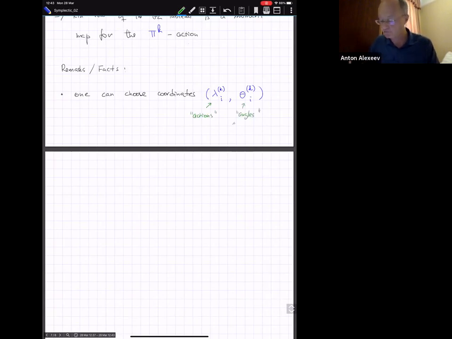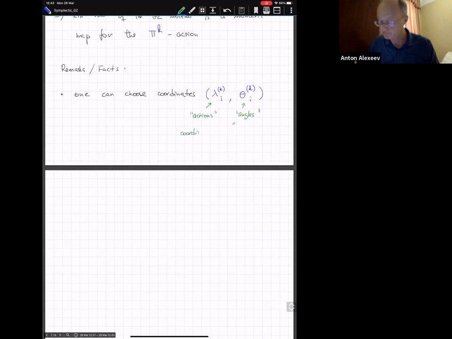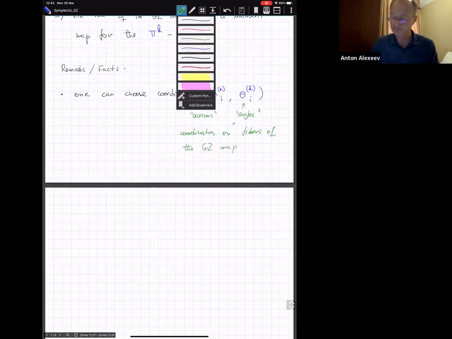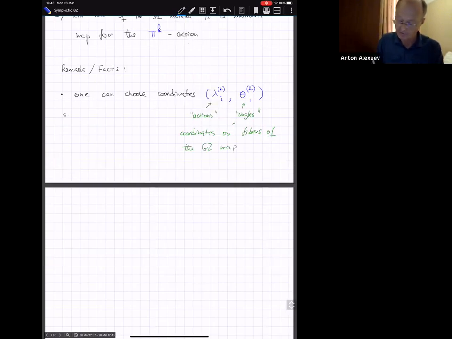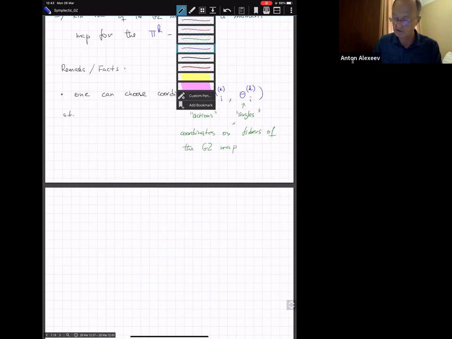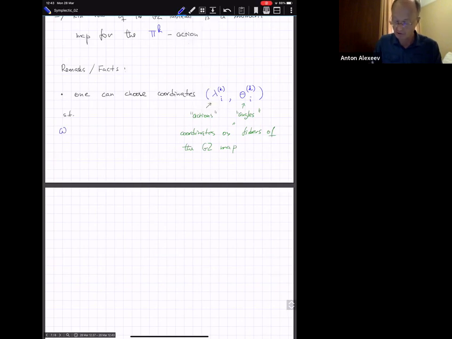So in other words, coordinates on fibers of the GZ map. And we can do it such that the two-form on the orbit, the KKS form, would locally acquire the form